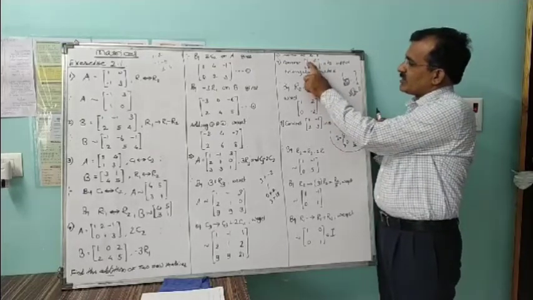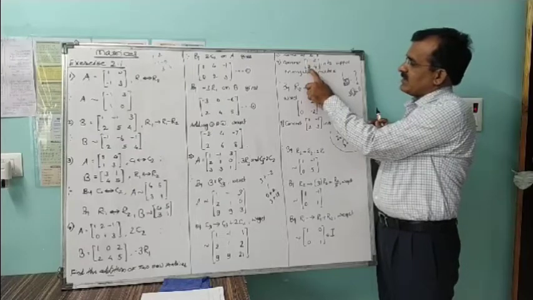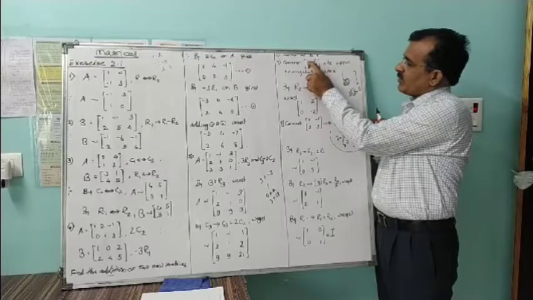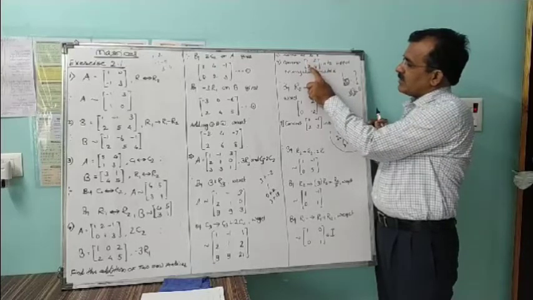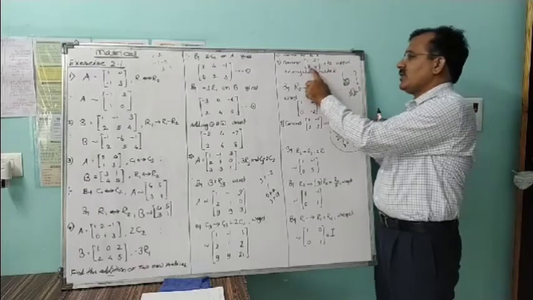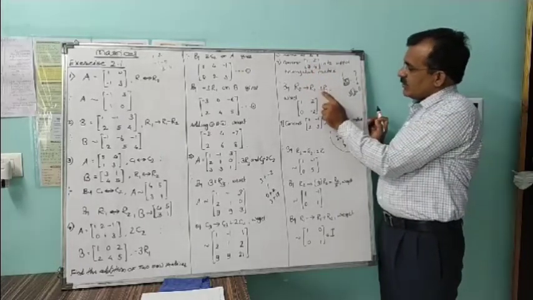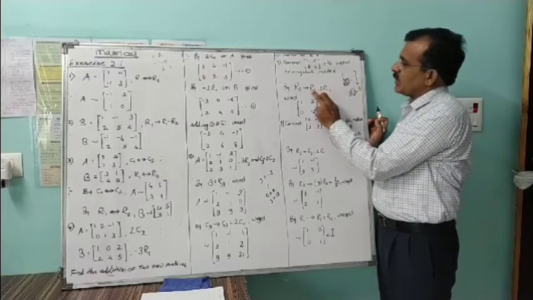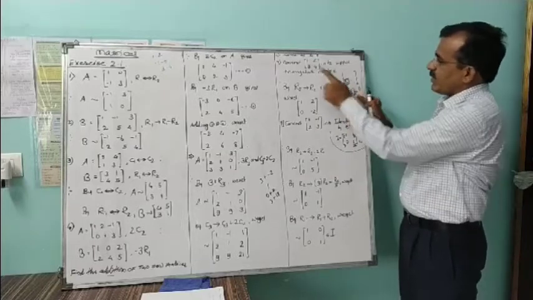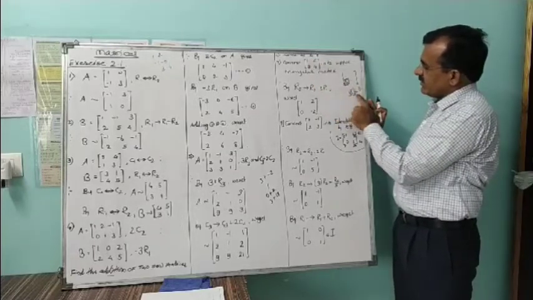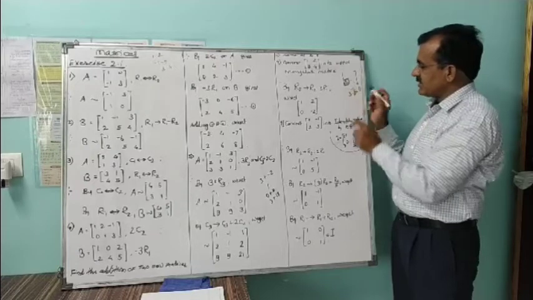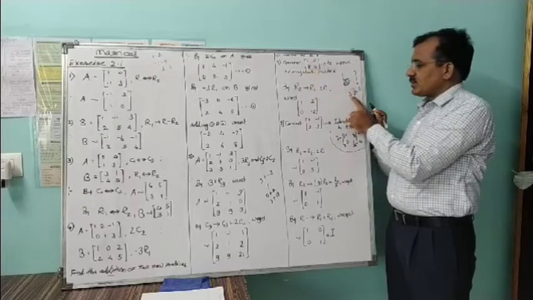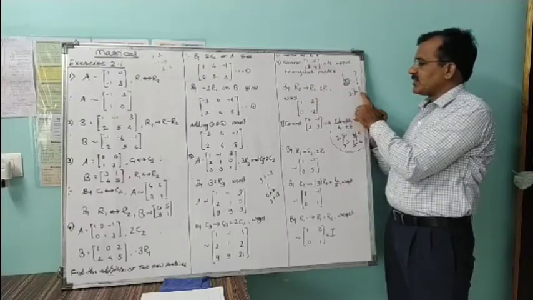So using row number first and changing row number second, multiply row number first by the required number and you can add or subtract from the second row. So the operation is like this: if we multiply the first row by 3 and subtract it from the second row, if I multiply 1 with 3, the answer is 3, and subtracting it from the corresponding element of row number second, which is 3, so 3 minus 3 gives us 0.